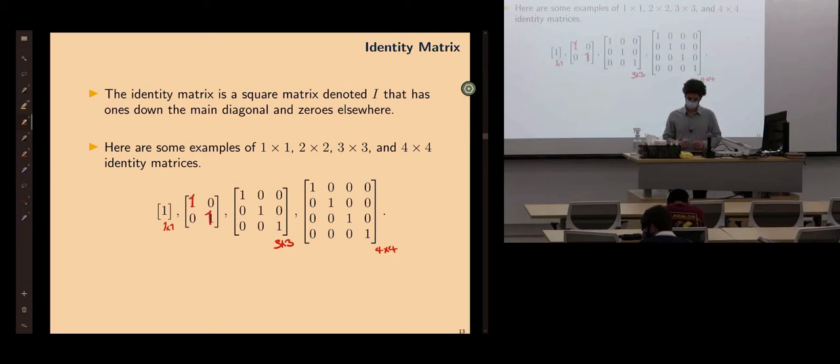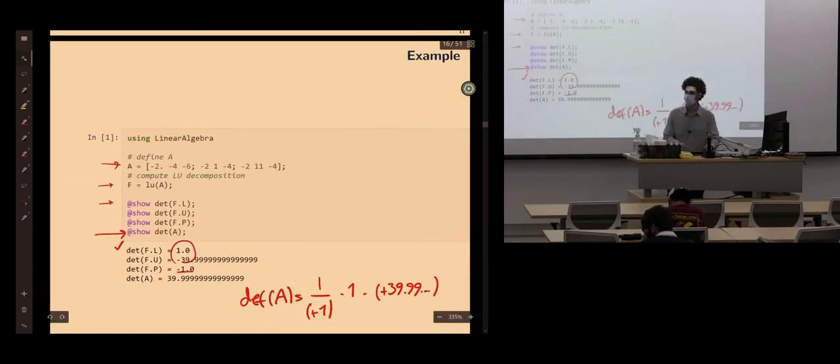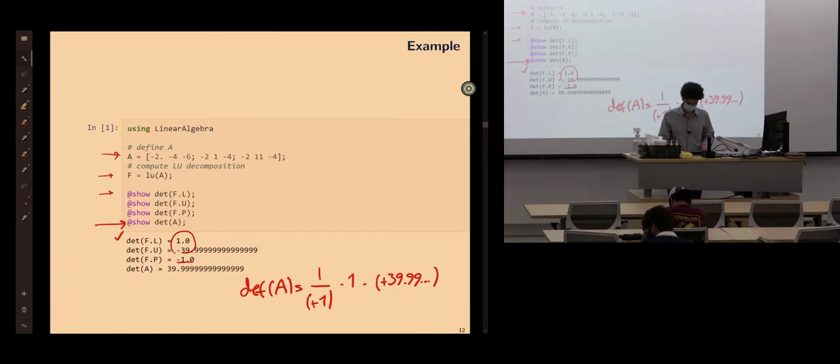So it gets both properties. Now, the second question is how can this have a negative determinant if it's always like this on the diagonal? And the answer was that the row exchange affects exchanging rows in U. So in the Julia example we had, it was U that had the negative sign. So it was reflected there. So L was actually 1, right? But isn't the determinant of P still the -1? Like, how does it